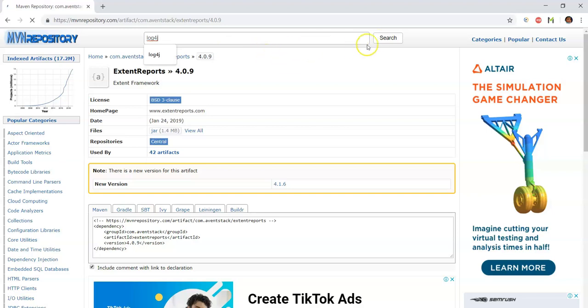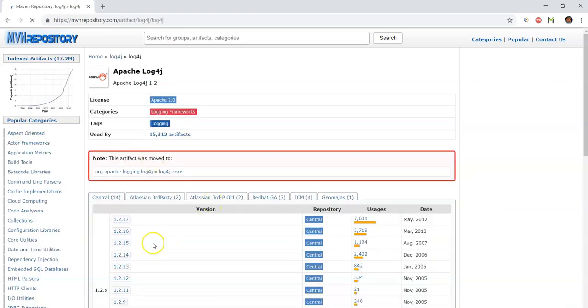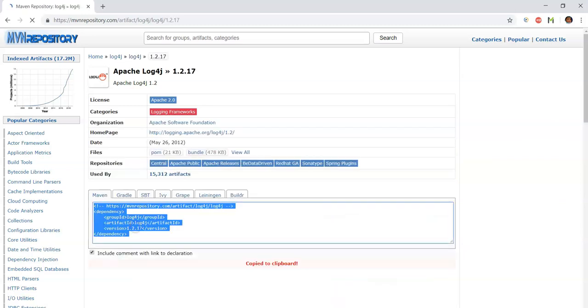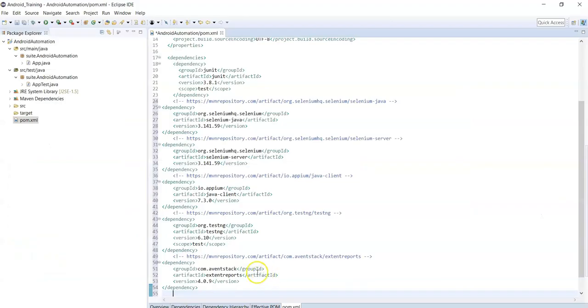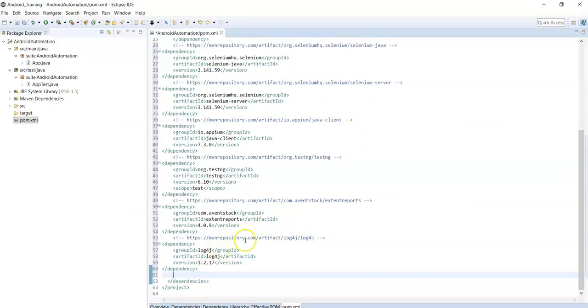Log4j can be used to write the log files. Log4j, the latest version. Take the latest dependency and place it inside the dependencies tag in the pom.xml file.